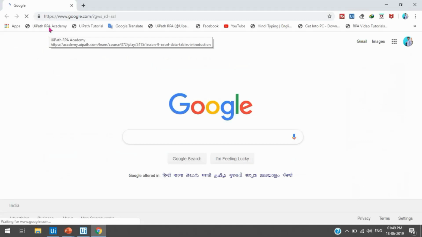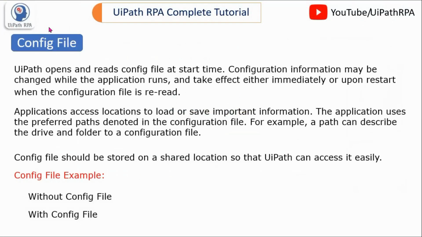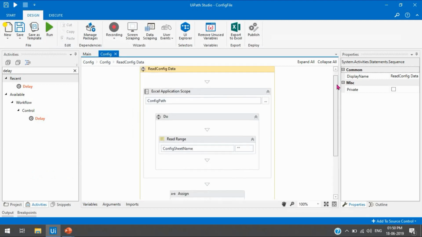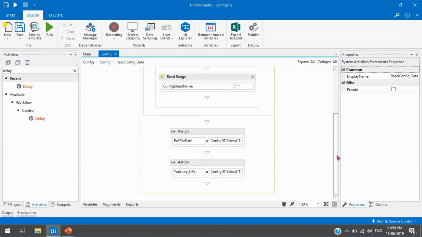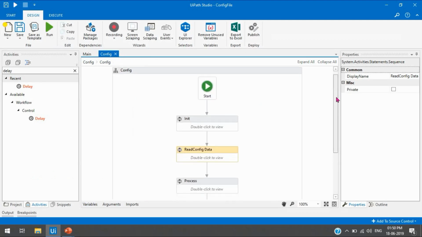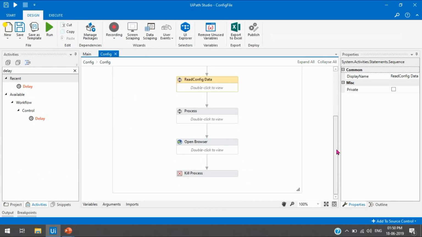And this time it is opening Google instead of YouTube, because we have changed the value of URL from YouTube to Google in the config file. So now you have seen we are not using a hard coded value anywhere in our project, only because we have used the config file here.